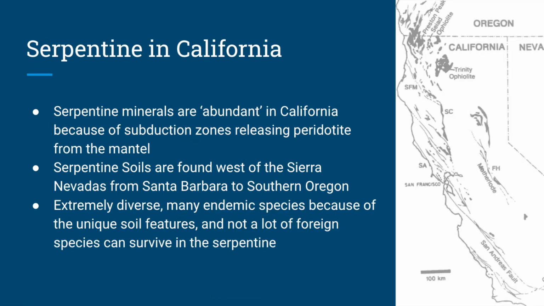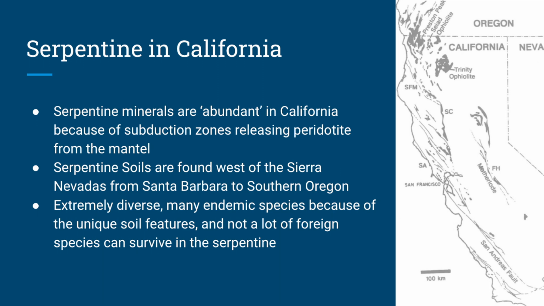Serpentine soils are abundant in California, relatively, because serpentine soil itself is pretty rare. While Northern California has the most serpentine in North America, only 1% of California land area is actually serpentine. It's so common in California because the specific minerals of serpentine rock are introduced by oceanic and continental plates colliding at subduction zones, and because we are surrounded by fault lines, we have an abundance of these minerals.